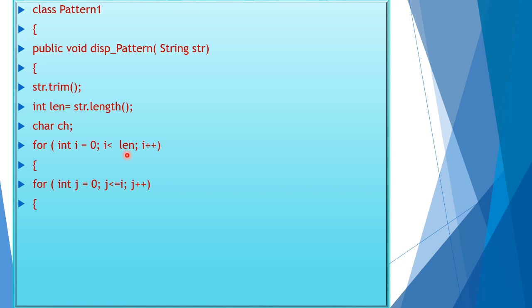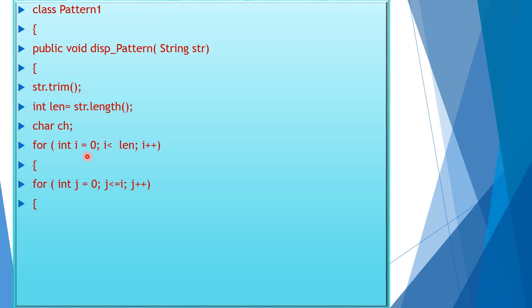See, in the given example, the value of len will be 6 because in the given string abacus there are 6 alphabets. Therefore, the value stored in the variable len is 6. So, i takes the values from 0 and the final value is less than 6. That means from 0 to 5.